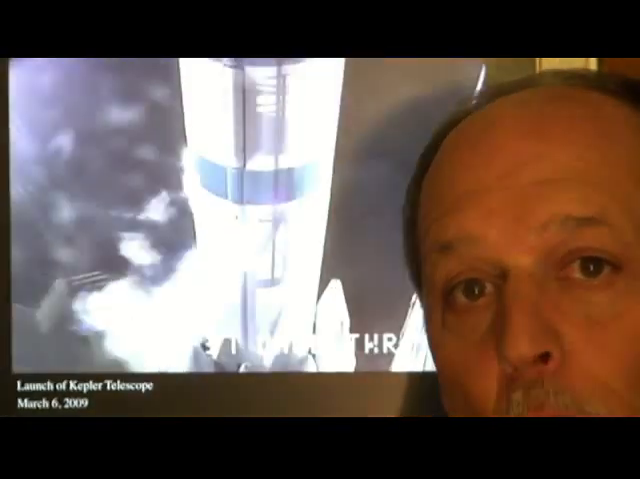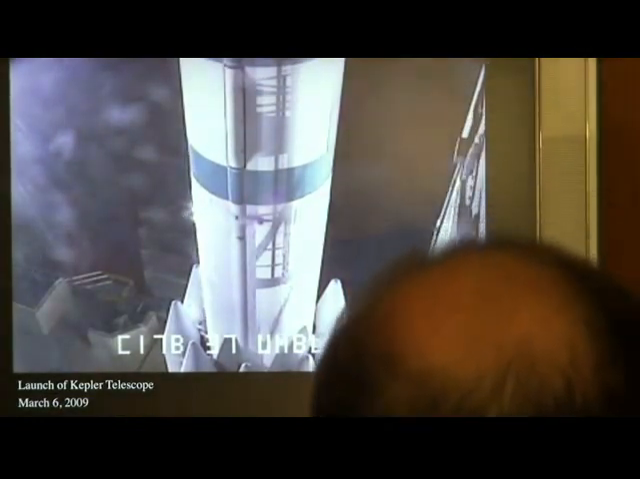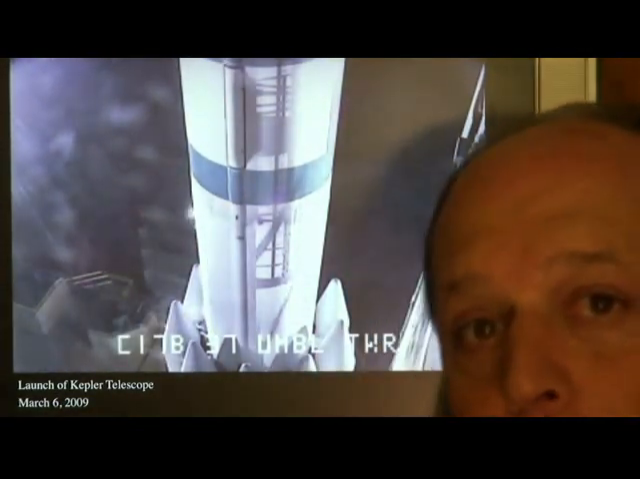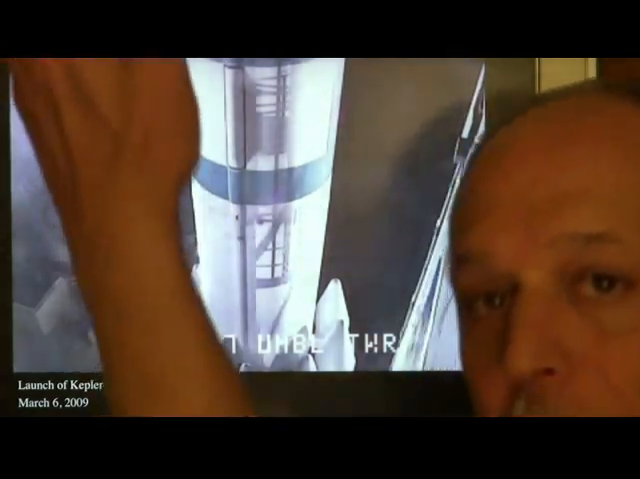Luckily, we have a Spaceborne Telescope to do this, and here's the launch of the Kepler Space Telescope into a